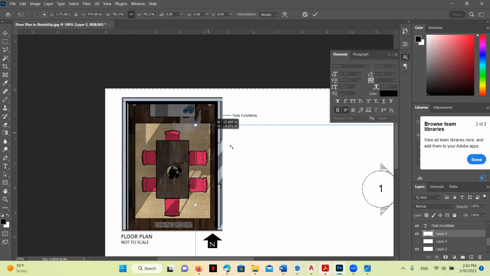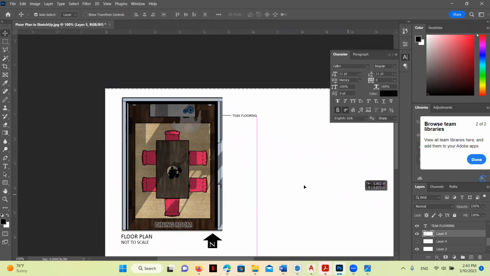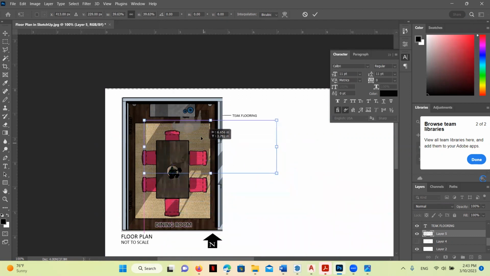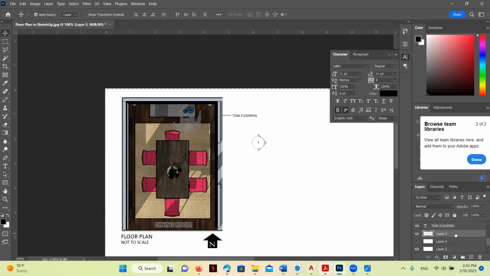Okay, it's kind of moving on its own layer, but that's okay. I'm going to go ahead and transform it until it's nice and small inside. Things are going to come in a little bit strange when you bring them in from AutoCAD, and that's okay. We're doing the best we can with the knowledge that we have.